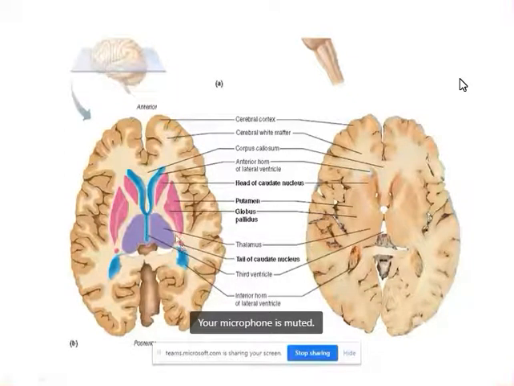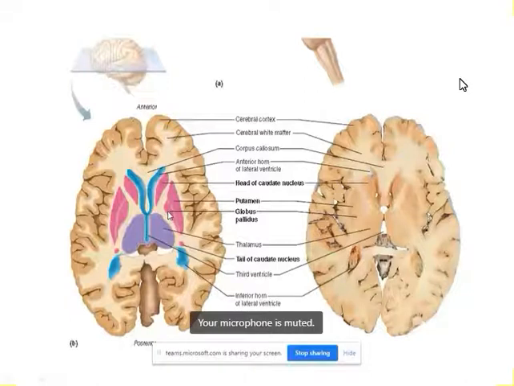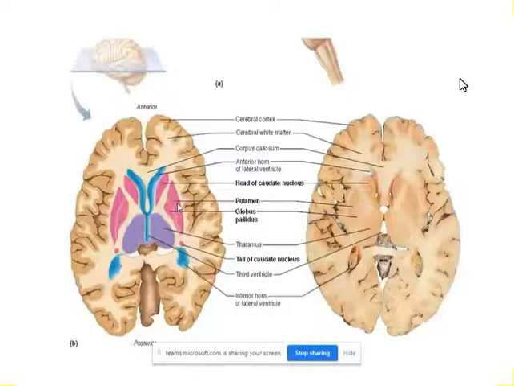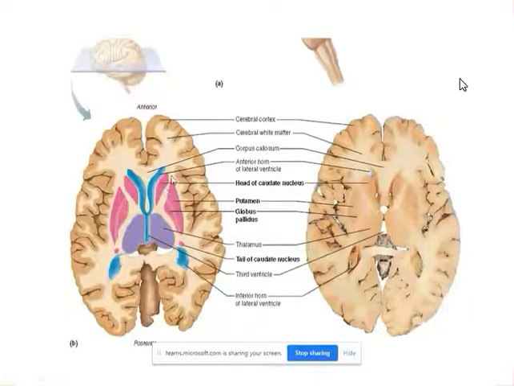And again, if you look here, there is the putamen and globus pallidus. This caudate nucleus, putamen, and globus pallidus together are known as the basal nuclei or basal ganglia. And you already know that this is the internal capsule, and the fibers are descending from these areas. Again, this is the gray matter and this is the white matter. You are already knowing it, so you should know this portion.